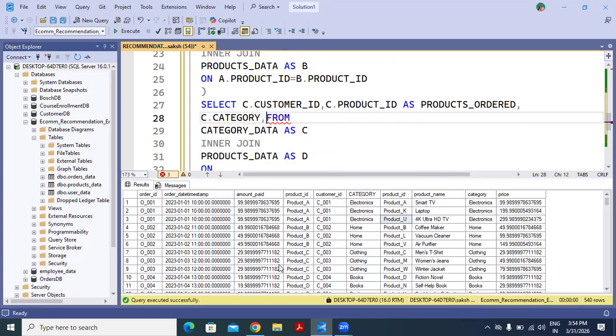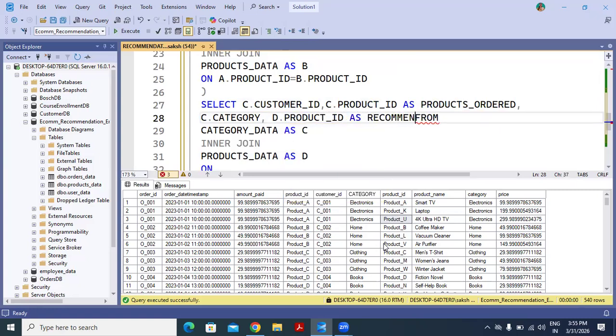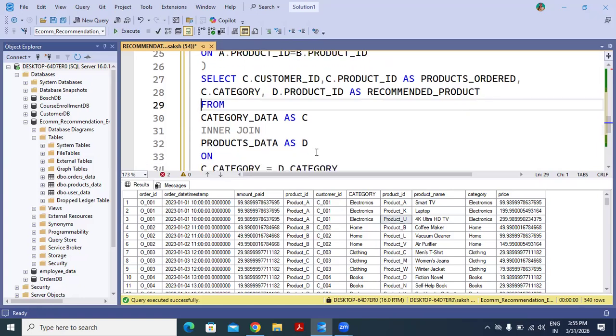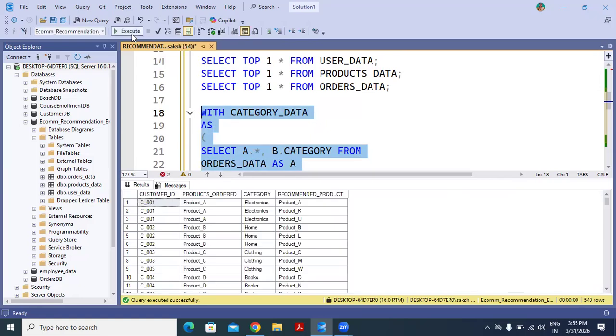And this product ID is your recommended product, so you can also write it as D dot product ID as recommended product. Now let's select it and execute it. So yes, this is your customer ID and you have ordered product A, and corresponding to that, you are getting product K and product U.